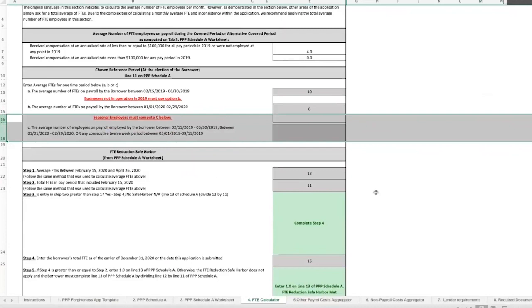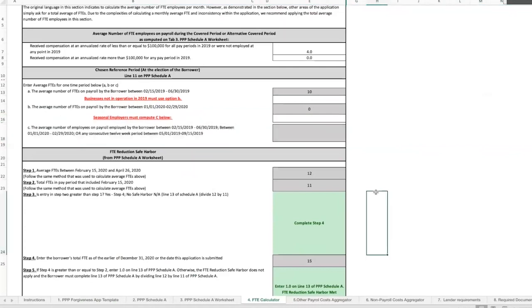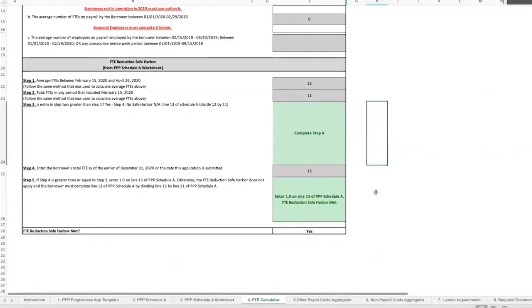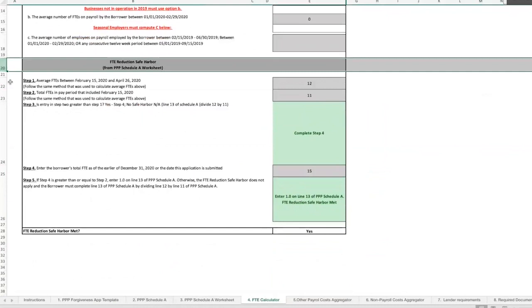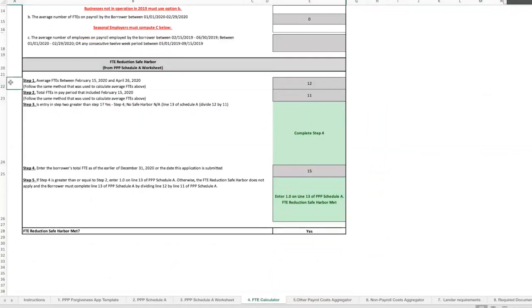Once you've entered that information, you'll go down to the FTE reduction safe harbor. Again, this is a calculation that flows into the Schedule A worksheet, which is a worksheet that determines all of your reductions, FTE, and wages. So once you've entered your information here, it will tell you whether or not you've met the safe harbor. And if you have, you'll enter 1 on line 13 of your PPP Schedule A. If not, you'll enter a number less than 1, which will calculate any FTE reduction. So going to the PPP Schedule A, which is tab 2 of this workbook,